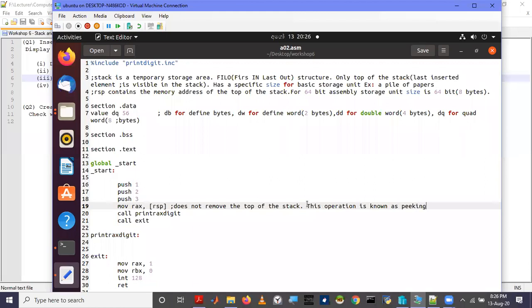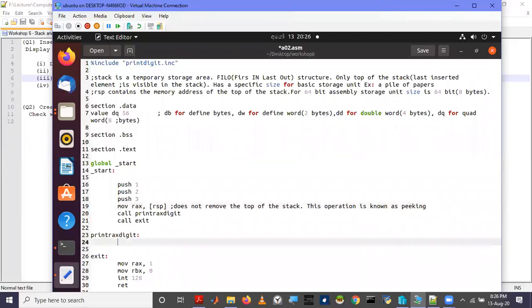We just observe what is at the top of the stack. We don't remove the contents of the top of the stack. So we copy the value at the top of the stack to the RAX register and print that. So there is a digit now in the RAX register.